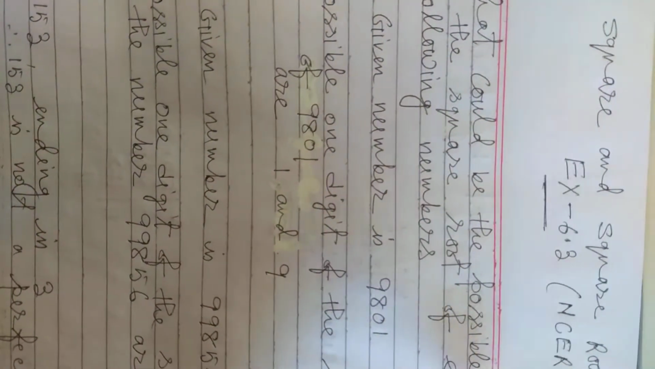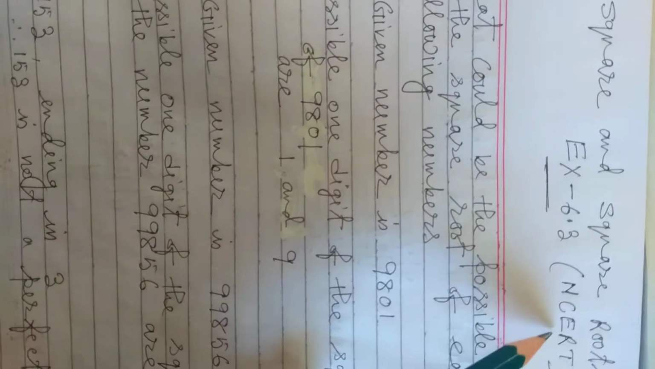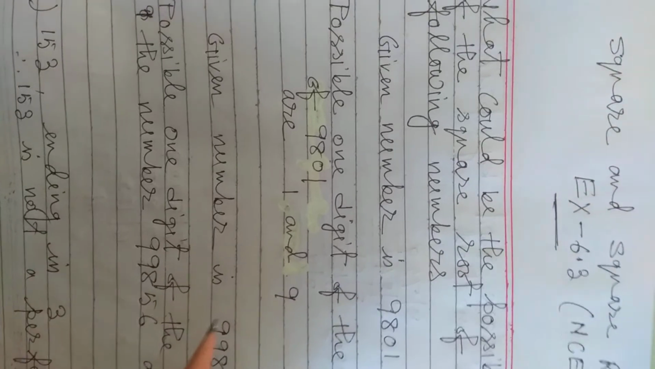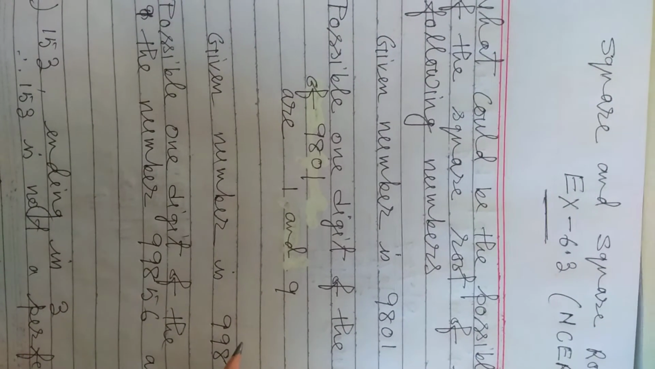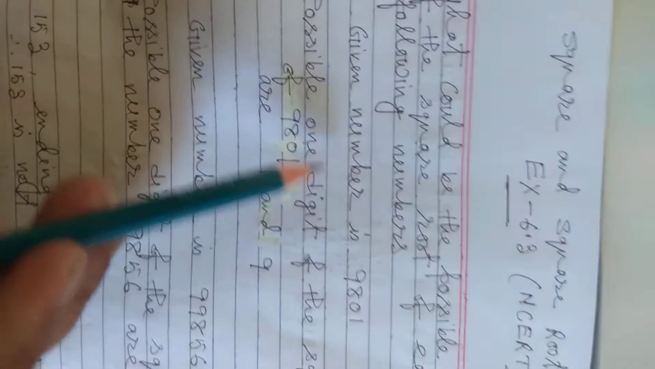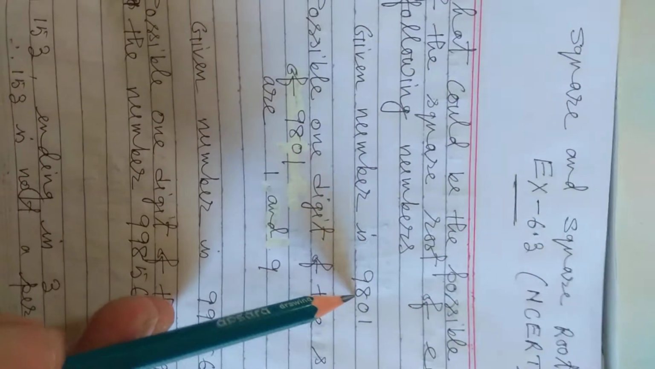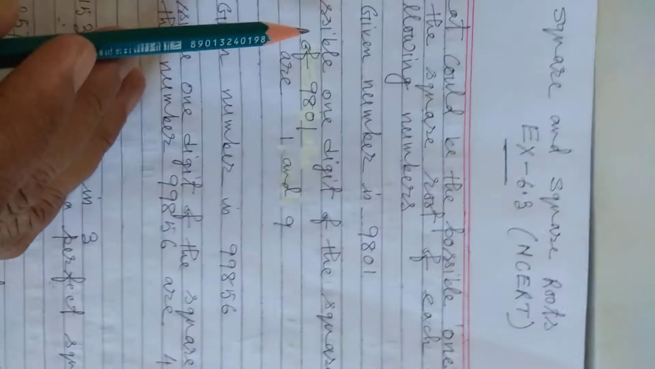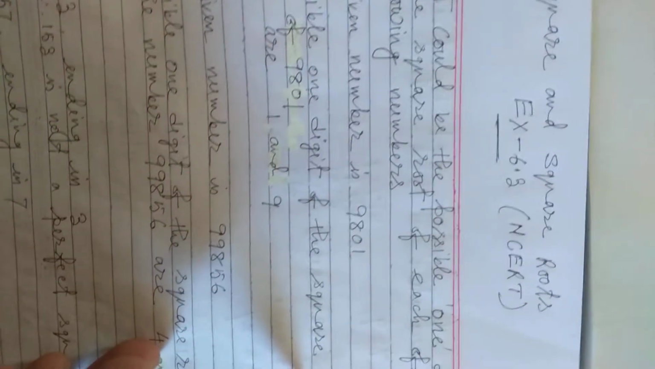Now exercise 6.3 from NCERT. Question number 1. What could be the possible ones digit of the square root of the following numbers? So question number 1. The given number is 9801. So the possible ones digit of the square root